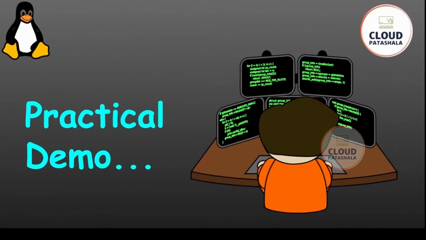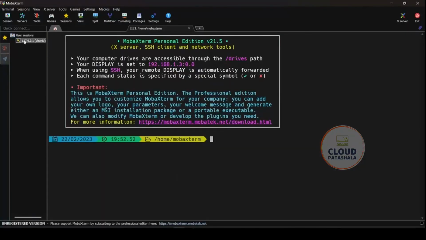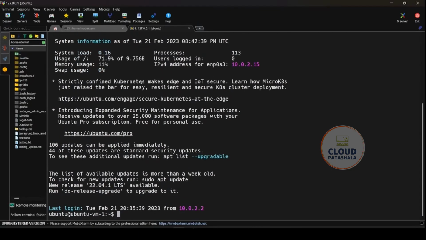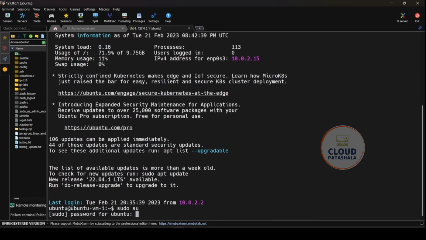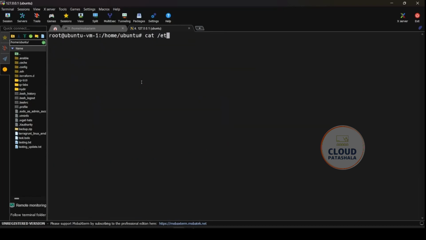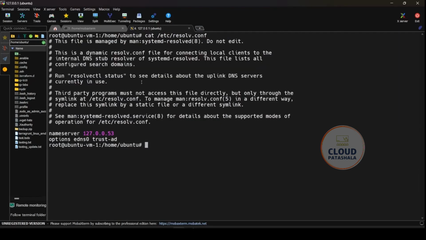Let's look at a practical demo on how we can look at the /etc/resolv.conf in a detailed manner. For this, I would SSH into my local server or the local VM. Now that I've logged into the VM, I would elevate my privileges. Once I have elevated the privileges, let's do a cat for /etc/resolv.conf to see what options we have. You would see that nameserver is pointing to the IP address